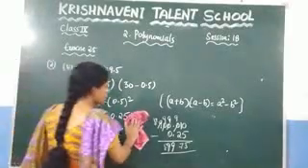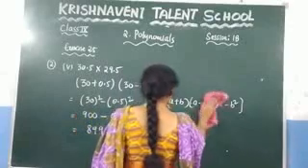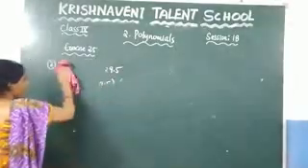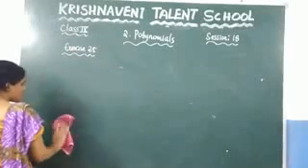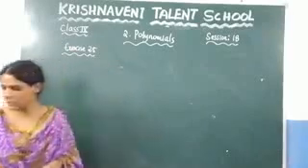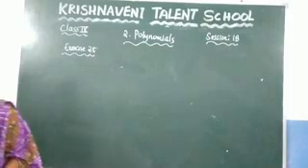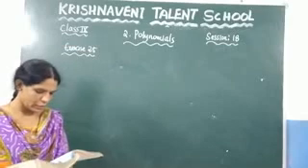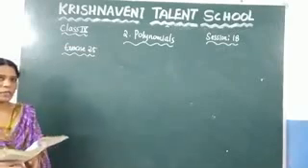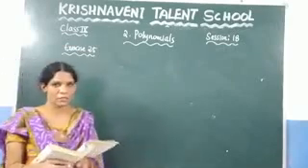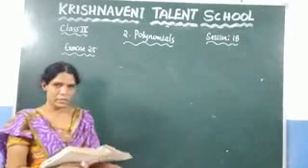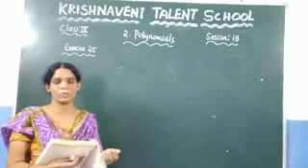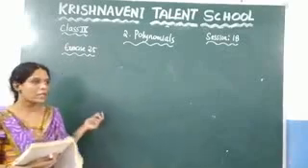Now here what we need to do: if you are given any numbers, you need to check which identity you need to apply so that you can find the value of the question. Now see the next question, which is the third question. Factorize the following using appropriate identities. Before this chapter we have discussed what is meant by factorization, and before this exercise only we have discussed factorization. How do you factorize if you are given a polynomial? What is meant by factorization?